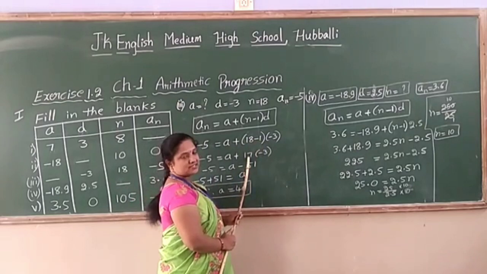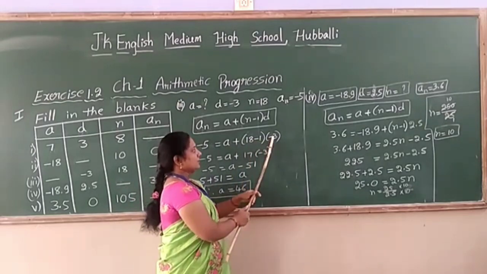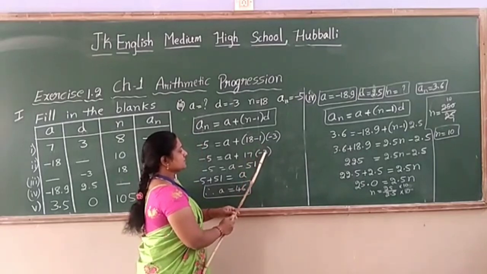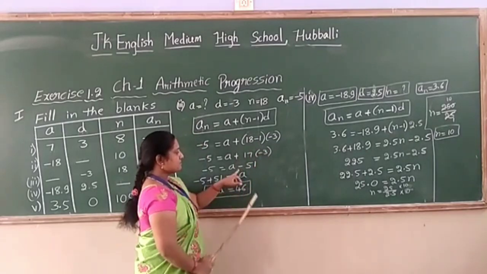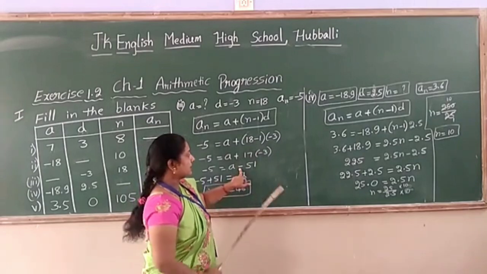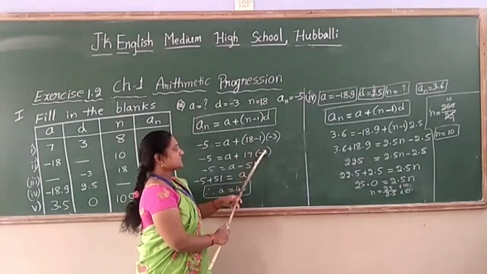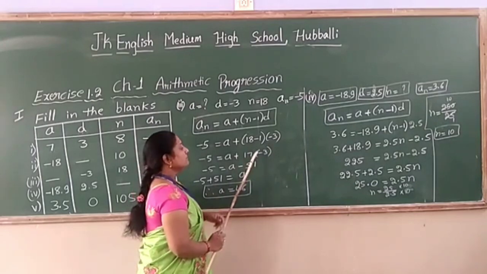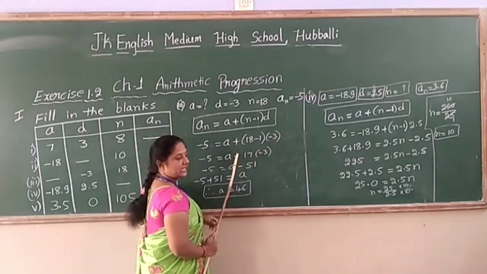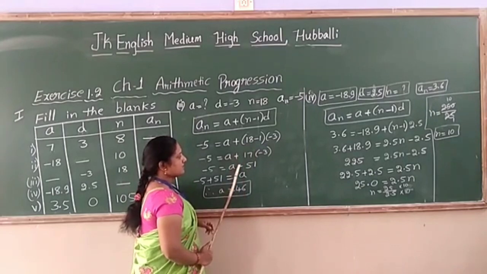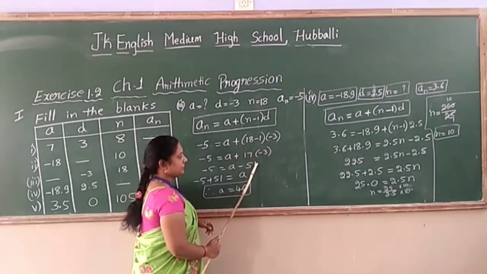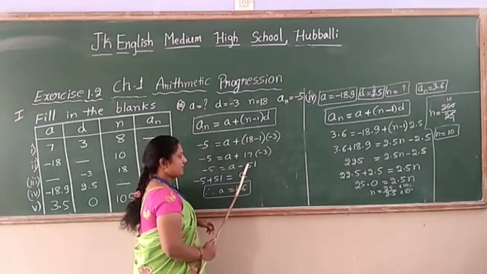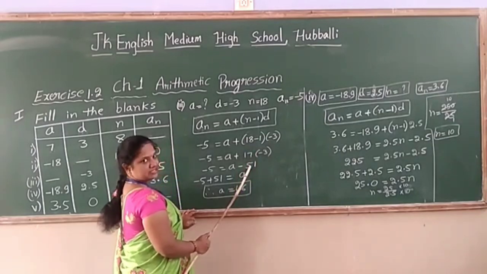18 minus 1 is 17 into minus 3. Then you multiply these two numbers. Minus into plus is minus. If you do not multiply the sign here, then this value changes. Sign changes means value changes. So be careful. First you multiply the sign. Minus into plus is minus. 3 7s are 21. 2 it remains, 3 ones are 3 plus 2 is 5, minus 51 it has become.